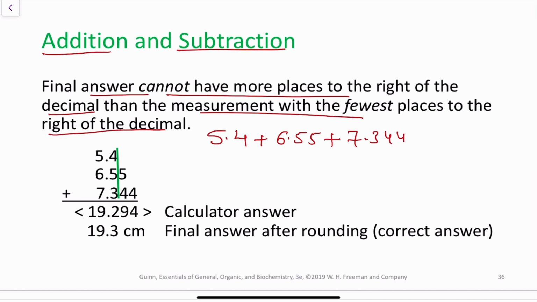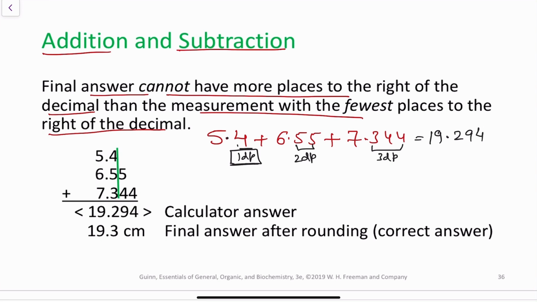So if you're adding these, you have to see how many decimal places you have in your numbers. So what are decimal places? They are the places after the decimal. So you have just one decimal place in the first, right? After the decimal you have just one number. Over here you have 2 decimal places, and in the third number you have 3 decimal places. So whenever you add all these 3 numbers, your final answer cannot have more than 1 decimal place, because you have to look at the lowest decimal place in your original numbers that you are adding. So let's say when you add all these 3, you are going to get